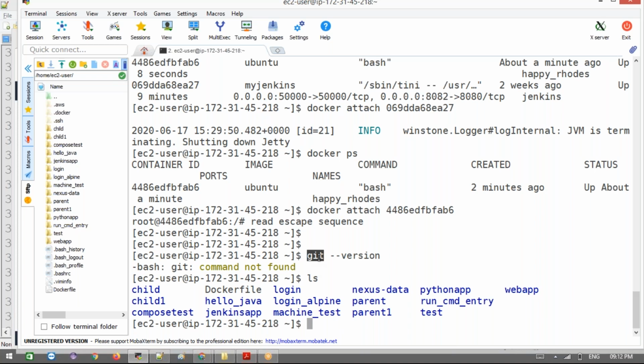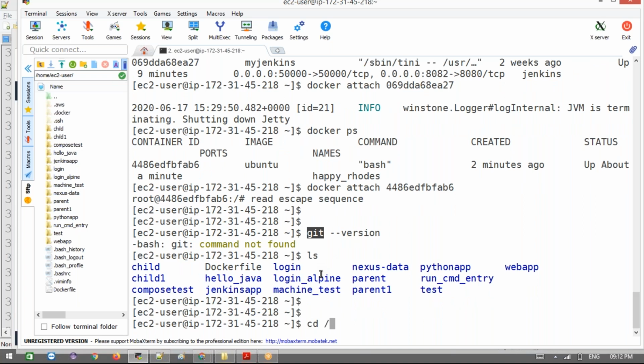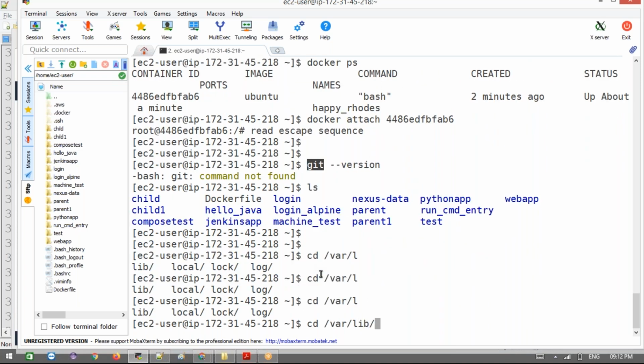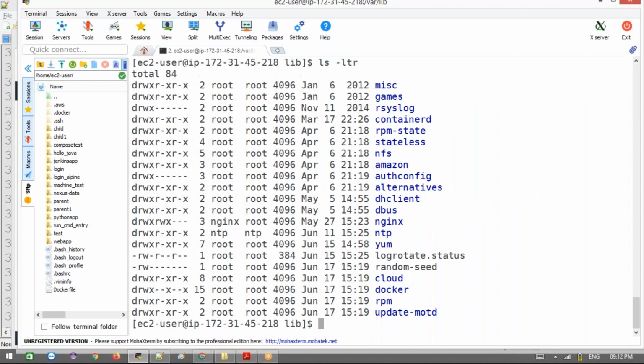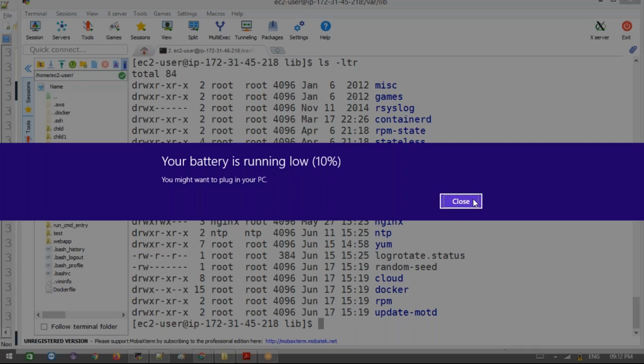That's the reason we don't need to give the complete path of where this library is located, for ls or any of the commands we use, all the software. Where is it located? Somewhere like lib or bin, something like that. Let me check.